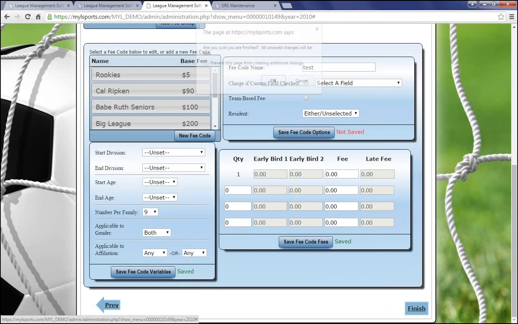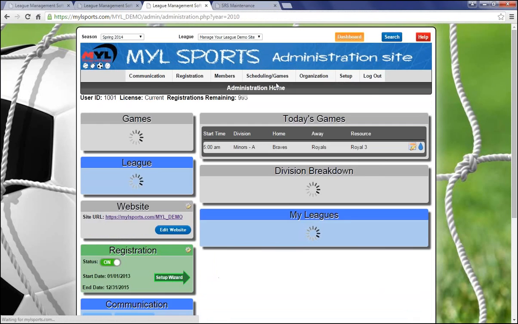Once you are done, you can finish here and click OK. That will bring you back to your